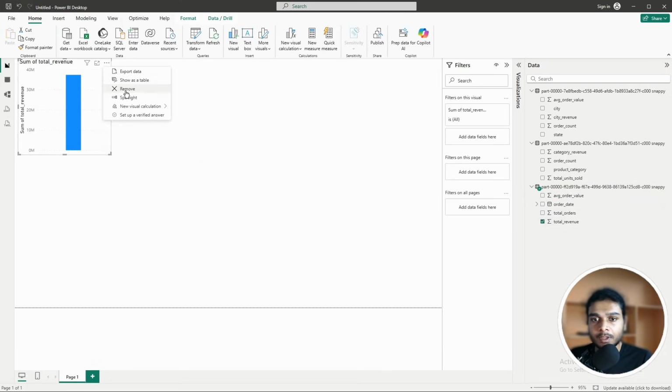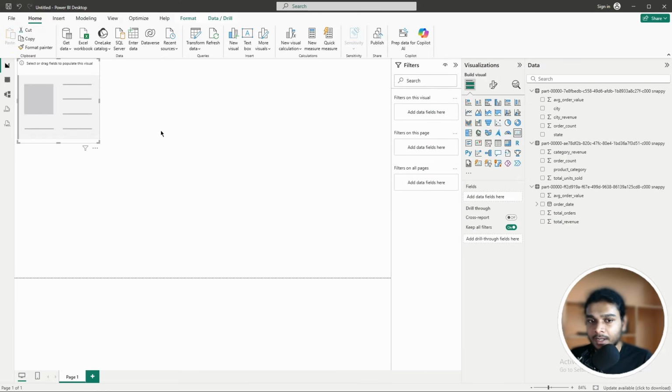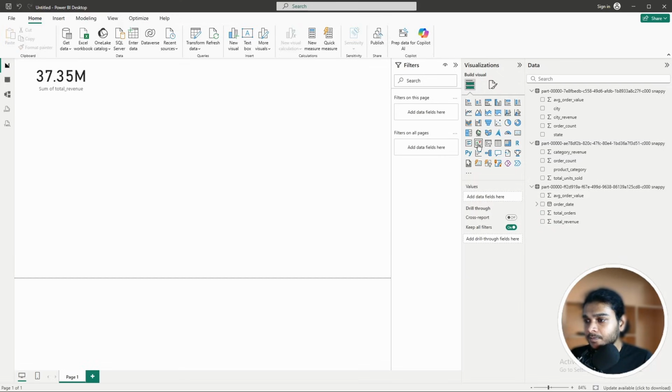Now, we need to create a card first. Create a card, hit on total revenue. This will show the total revenue. And then another card, right next to that, and that will show